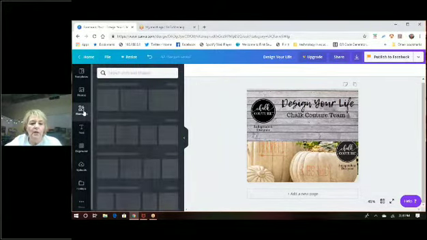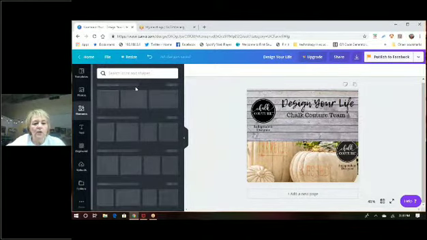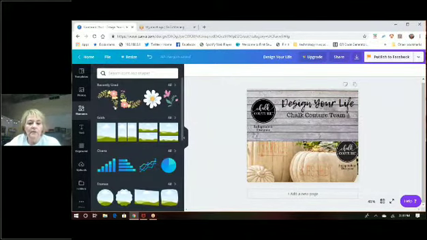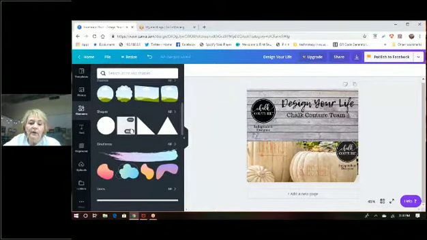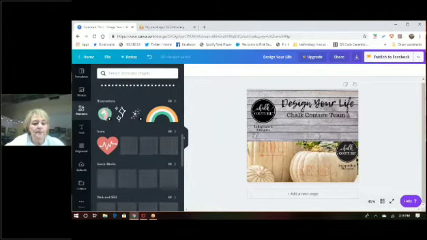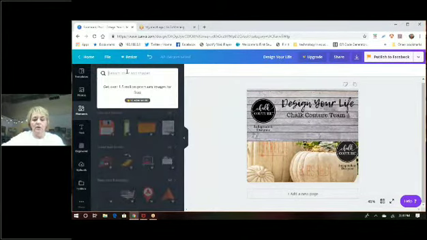There are elements. So the elements, it will show you what you recently used. So I've used these flowers. I like those a lot. You can scroll through and see what you want. Again, some are free, some are not. And you can search. So if I search